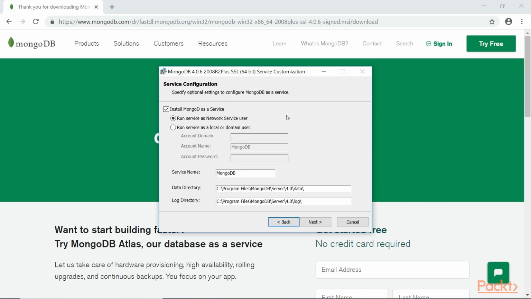Now, this option here, again, you can choose the network service server user, or you can choose a local or domain user. So if you do this option, just make sure you provide some information. Domain will be like IP address. I'm just going to run server-wide for user. So again, the default will be just as is inside the program files, MongoDB in the version 4, and so on. Next,